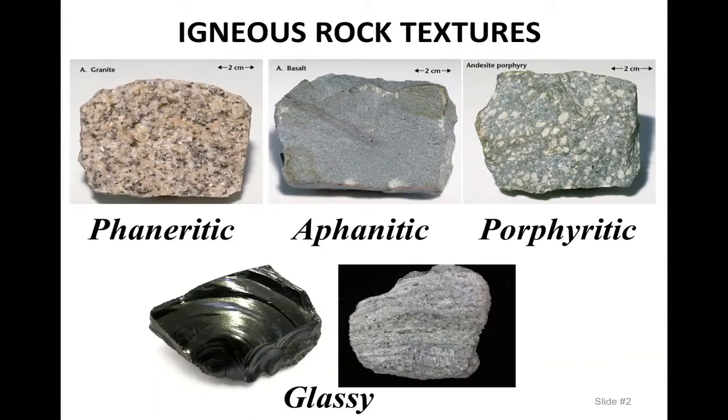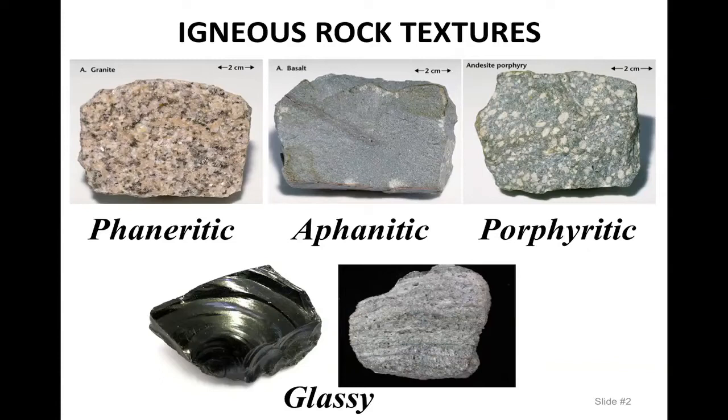And in the case of what we call glassy texture for igneous rocks, you'll see that down here at the bottom. We have this obsidian here, which is all glass. If you looked at this under a hand lens or under a microscope, you wouldn't see any crystals in there at all. It's very smooth and basically lacks crystals because it cooled so fast, crystals didn't even have time to form